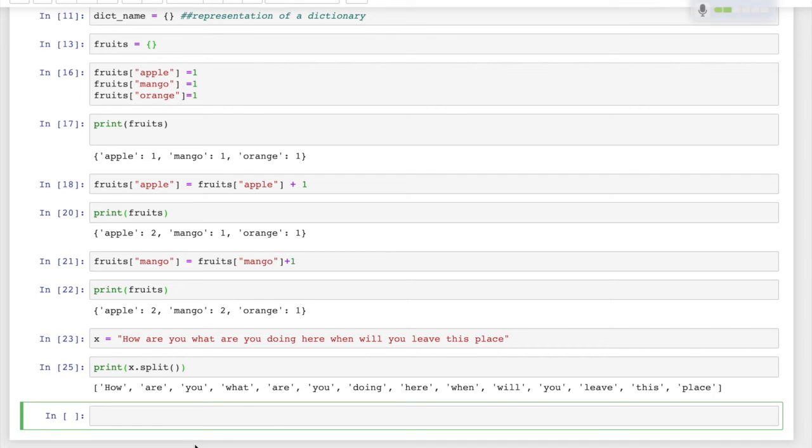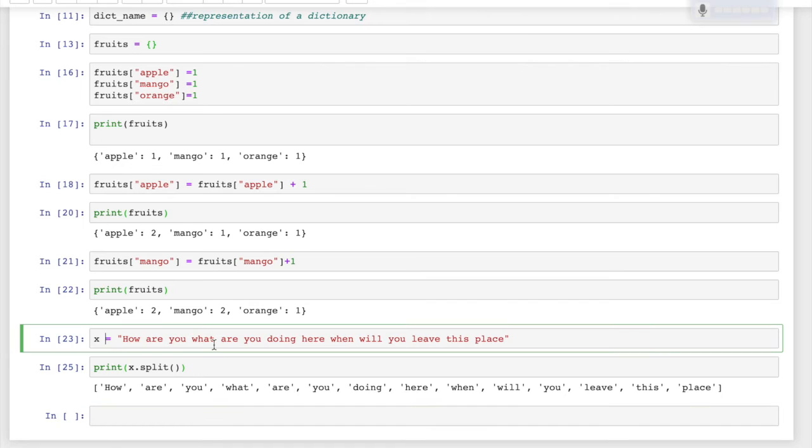Okay, actually I always oppose using a single letter variable. I don't like to use single letter variables. Let me change this. Let me write my sentence or my string, my sentence.